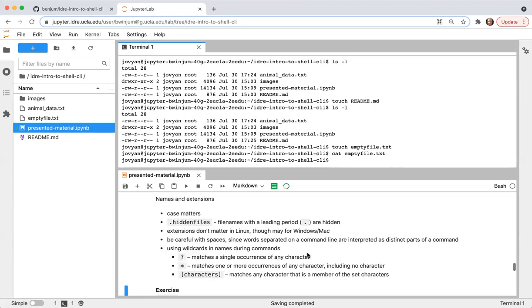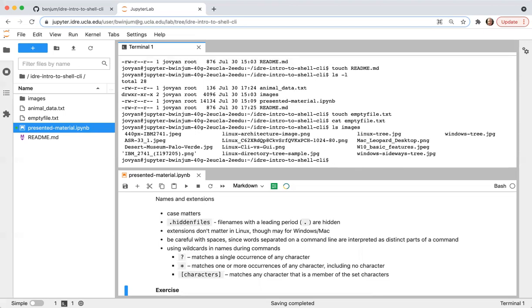A couple things about names and extensions for file names. I've been including .txt after text files, and for example I have .ipynb here. If you have image files, say a JPEG, let me list the contents of the images folder.